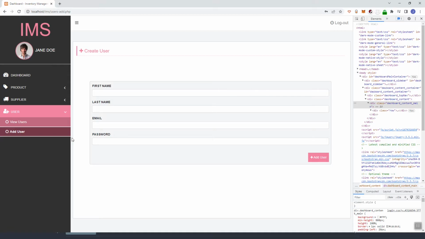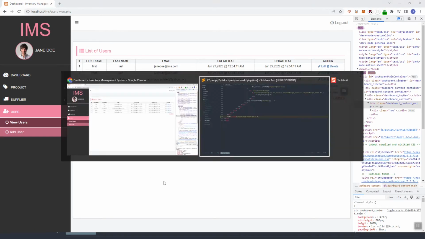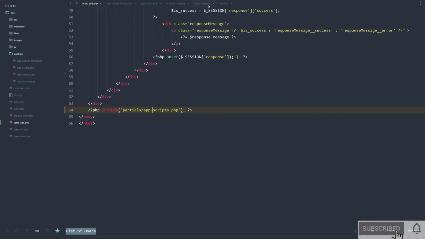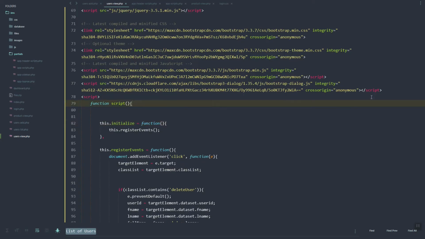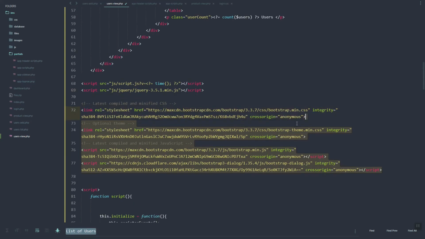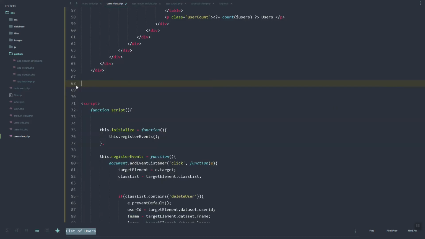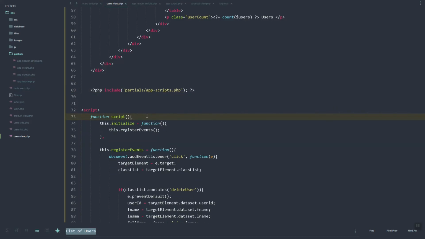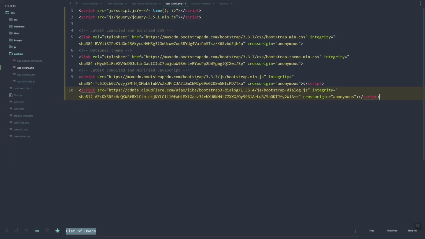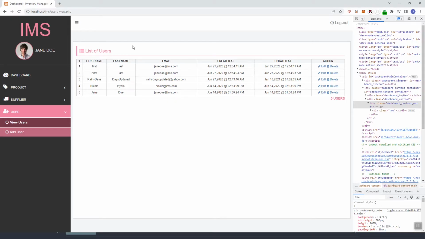So now let's go to the view users, and also we just copy this one and then paste it. So we don't need to remove this one since this is a script specific for this page, so we only need to remove the script that is present inside the user or the app scripts.php. So if we refresh,